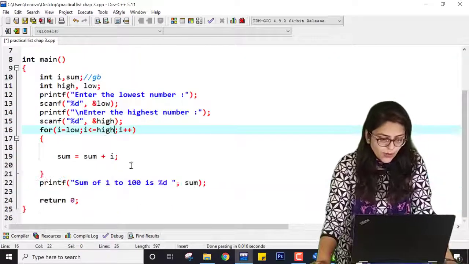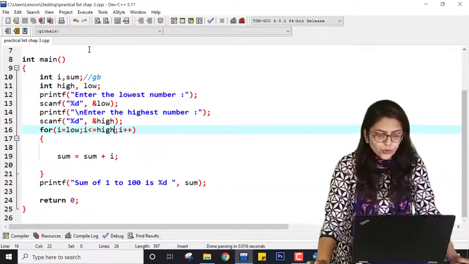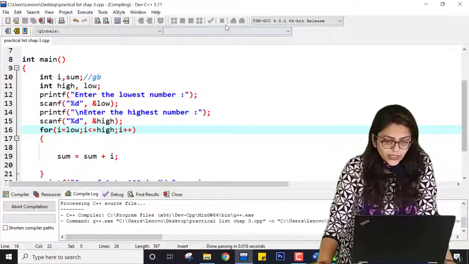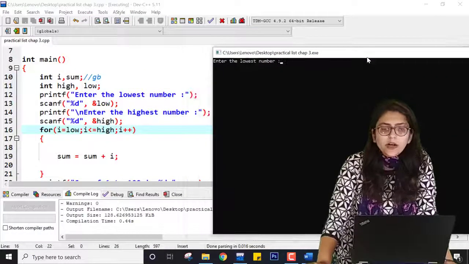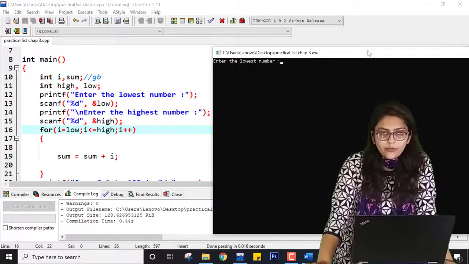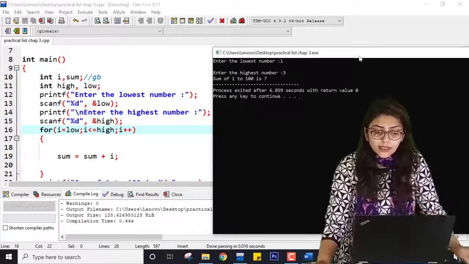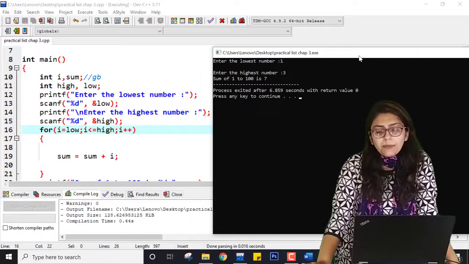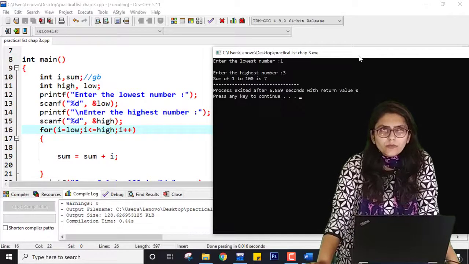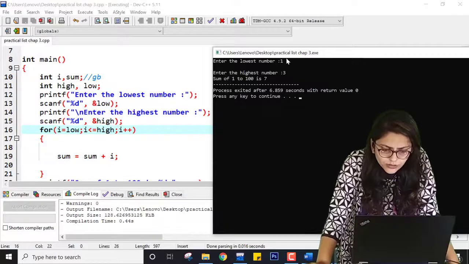This is how I can also check my code. So I am executing it again. I want to sum 1 plus 2 plus 3. What will be the answer? 6. So 1 and 3. The answer is 7. 3 plus 2 is, why is it giving me one answer? Okay.